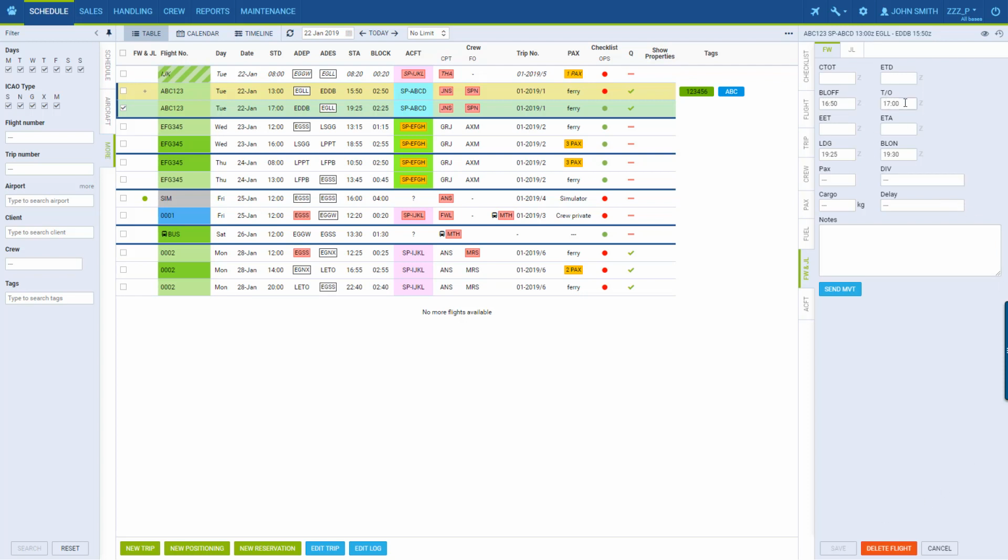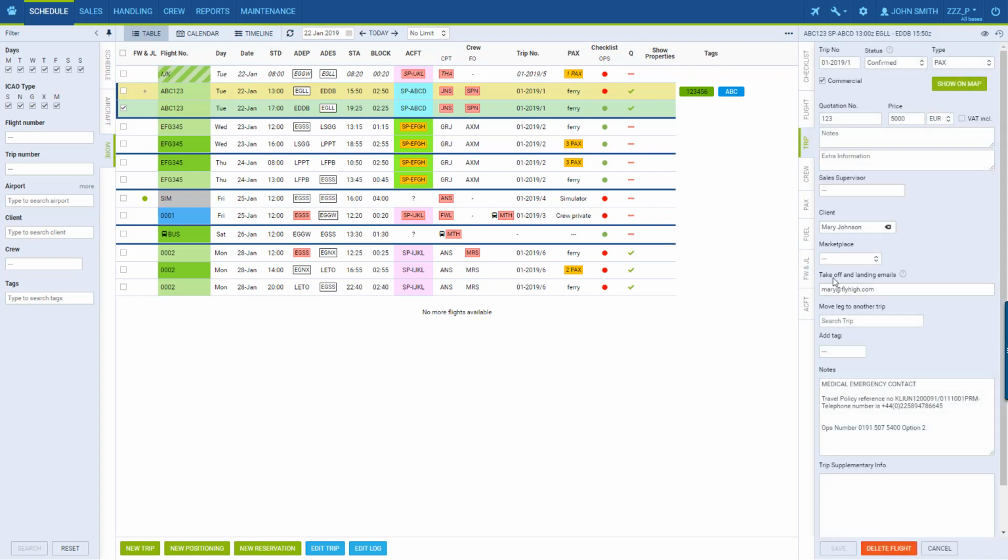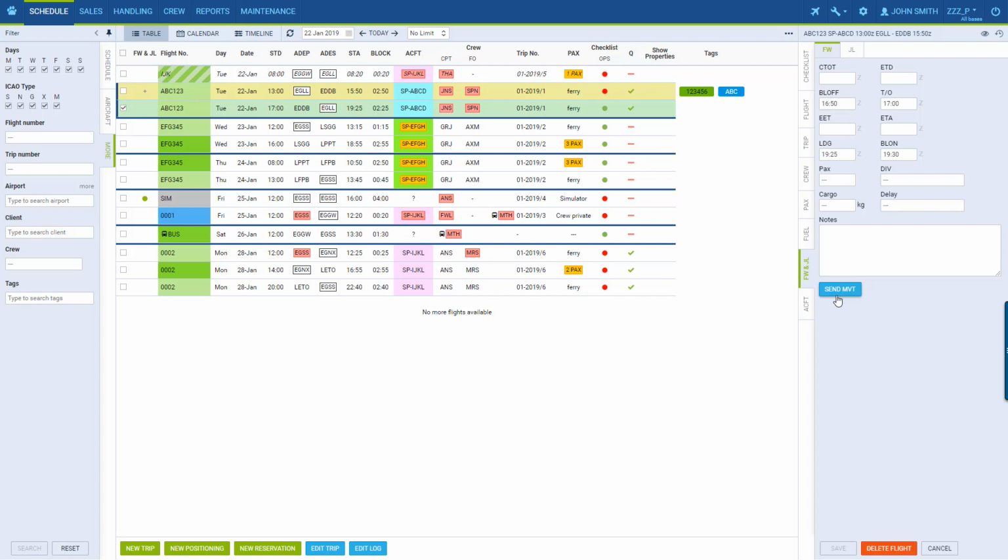Also, after entering each time either manually or by Eurocontrol, a movement message can be sent out manually to a certain email address. Remember we set it in the tab Trip. In here you've got the takeoff and landing emails, and once the email address is entered and we click send movement, the information about the takeoff time and the landing time will be sent to that email address. The movement messages can also be set up automatically for various scenarios, but that will be covered in a different video. You can of course add all the other information to the flight watch, but we have covered the